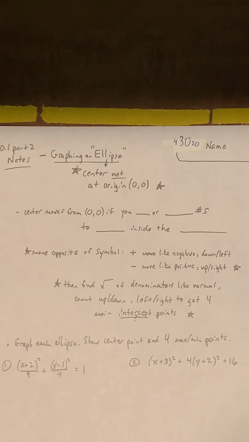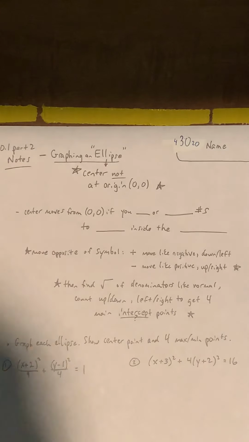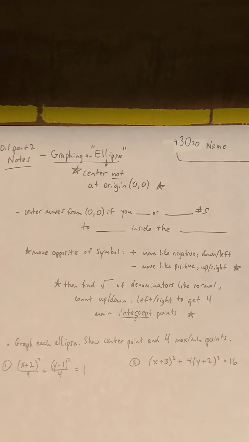Hello everybody. In today's lesson we're going to talk about 10.1 part 2. We're going to continue graphing ellipses. Remember, an ellipse is an oval shaped graph. It has a center point and it has 4 other main points, a maximum and min, a high and low vertical,